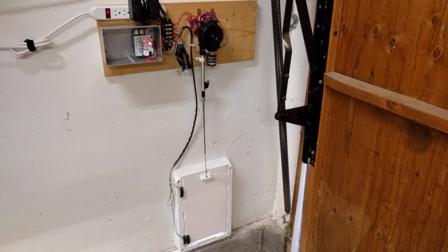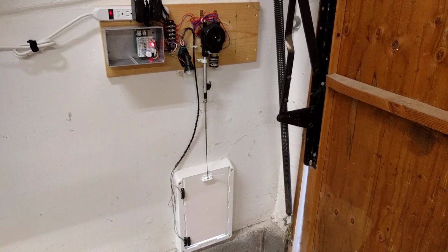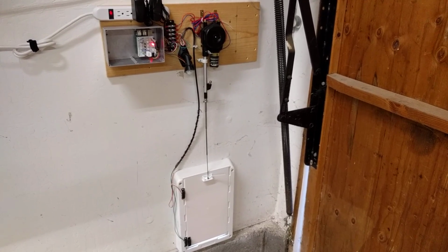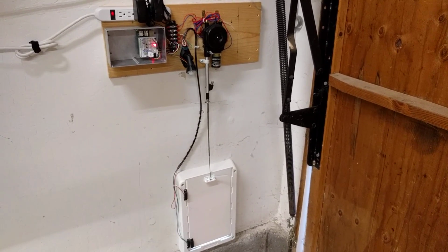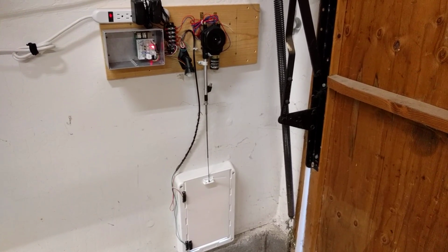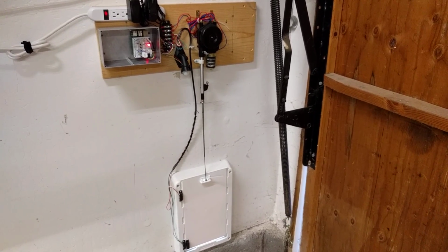Hello everyone. Today I'm showing off my IoT cat door. I've had problems over the years with other neighborhood cats and critters like raccoons coming into the house at night and getting into the cats' food and causing trouble. So I decided I need some way to control access so that only my cats can come and go during